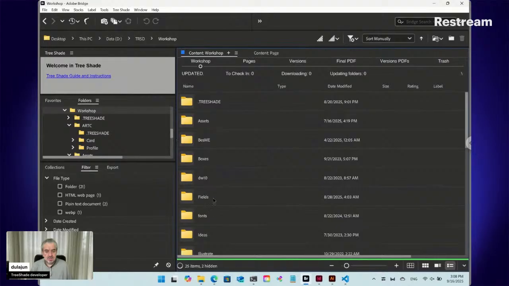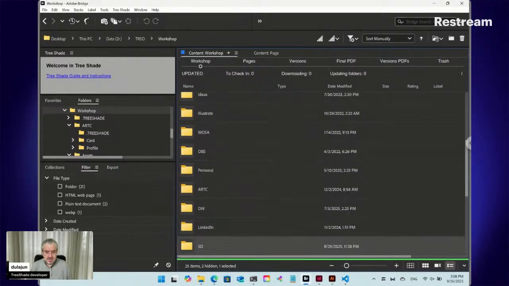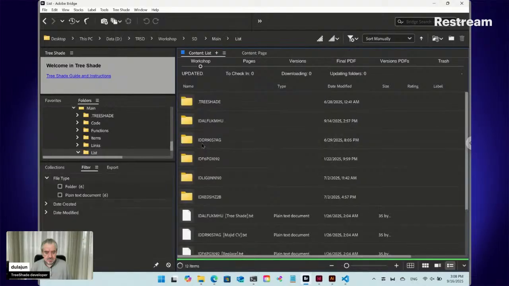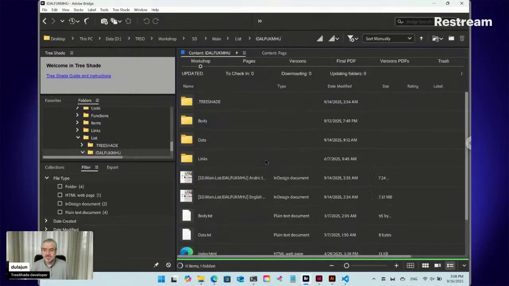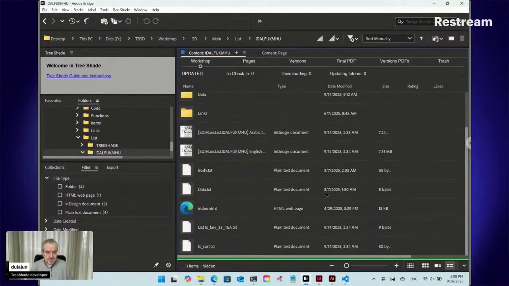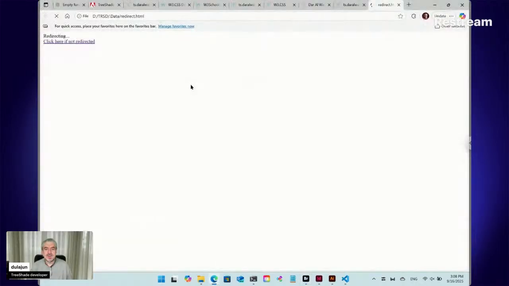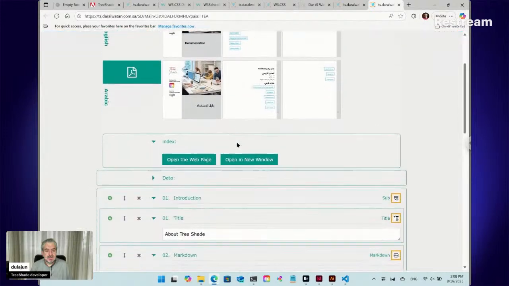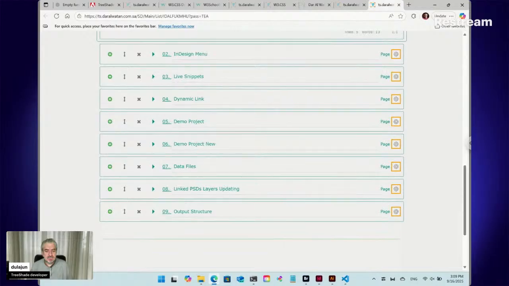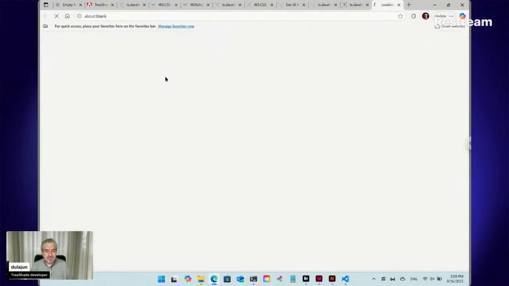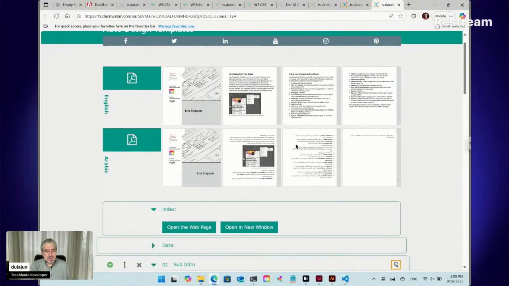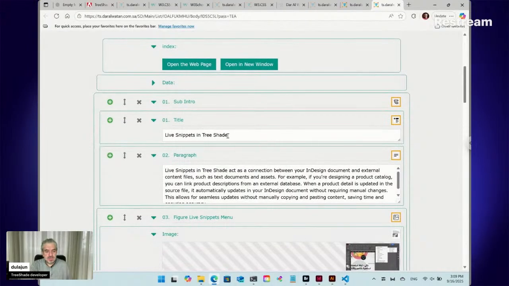If we go to my computer, here I have TreeShade, and if we open the online form, you will have an auto-generated InDesign document, like here, this document about live snippet, generated automatically using this online form, where the user